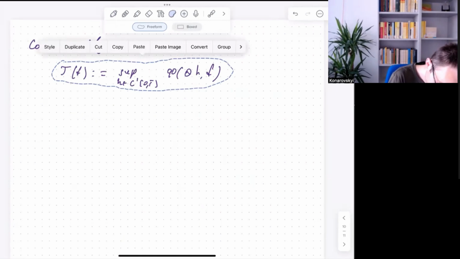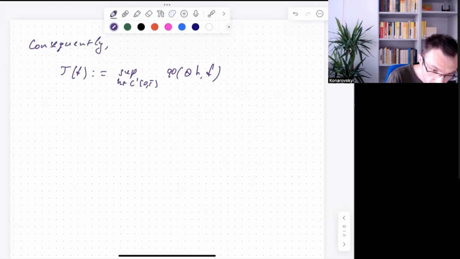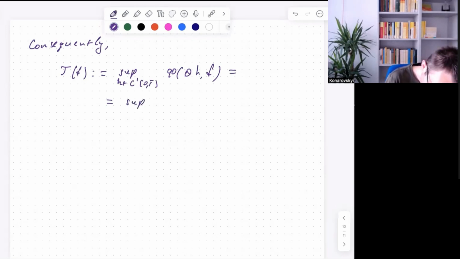It is the supremum over h that belongs to C1 of 0 to t, and then you put here phi of theta h maximum of h comma f,